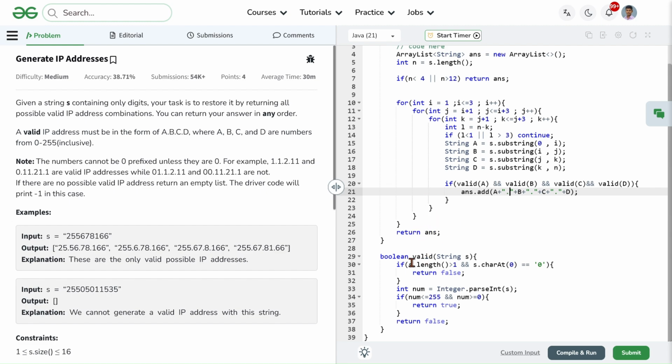Let's understand the valid function. If the string length is greater than 1 and the character at index 0 equals 0, then we return false. Why?